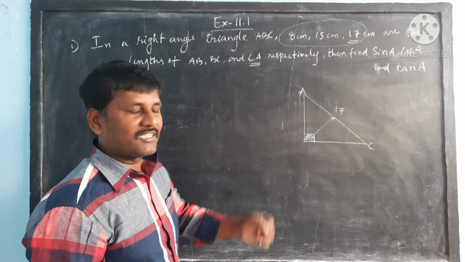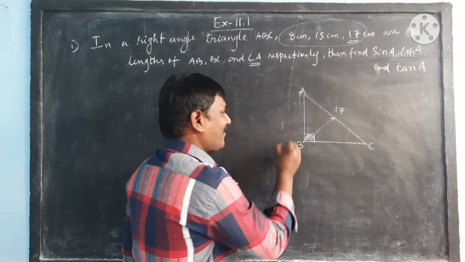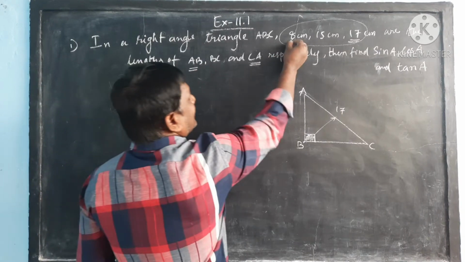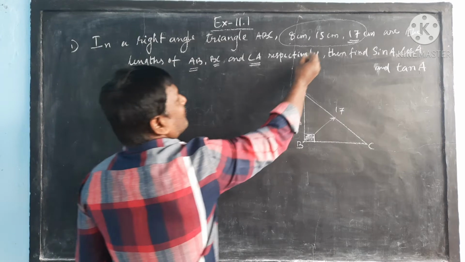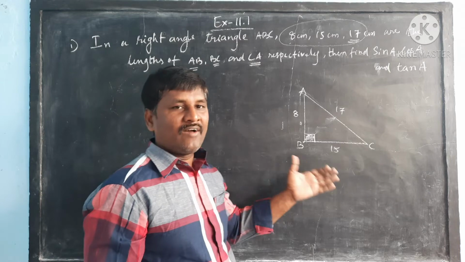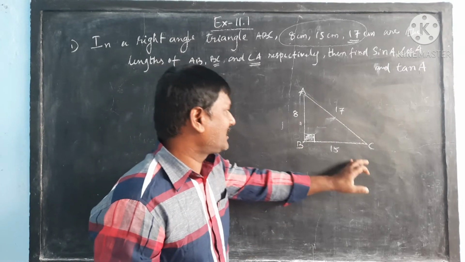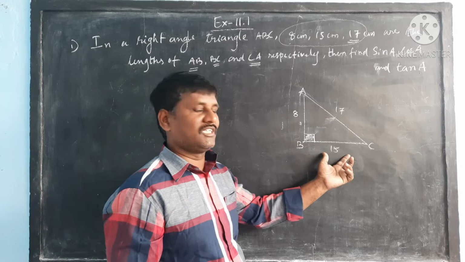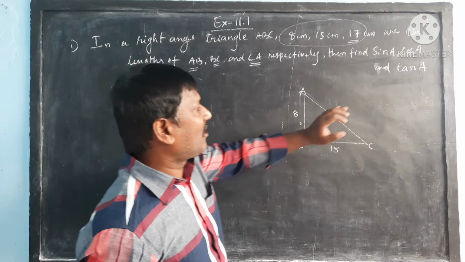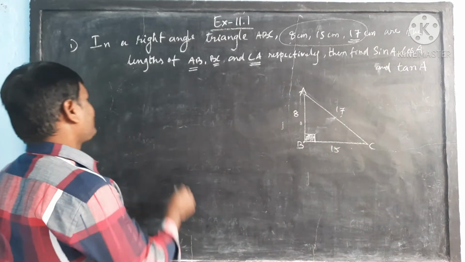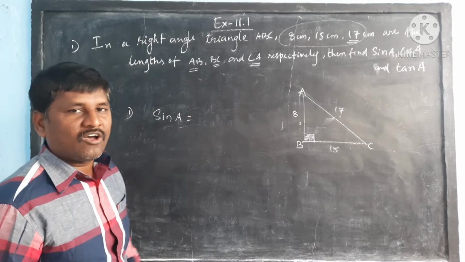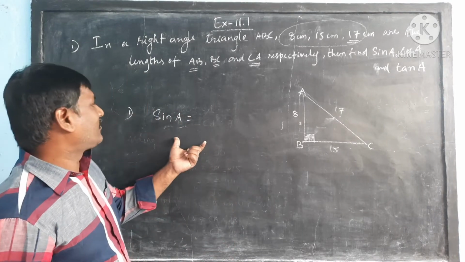Then the third vertex must be B. Now AB is the first side, which is 8, and BC is 15, the second side. You got this point? Now we have a right angle triangle ABC in which AB is equal to 8 cm, BC is equal to 15 cm and AC is equal to 17 cm. Now we can solve sin A, cos A and tan A. First question, sin A. You have to find sin A. Sin A means the side opposite to angle A by